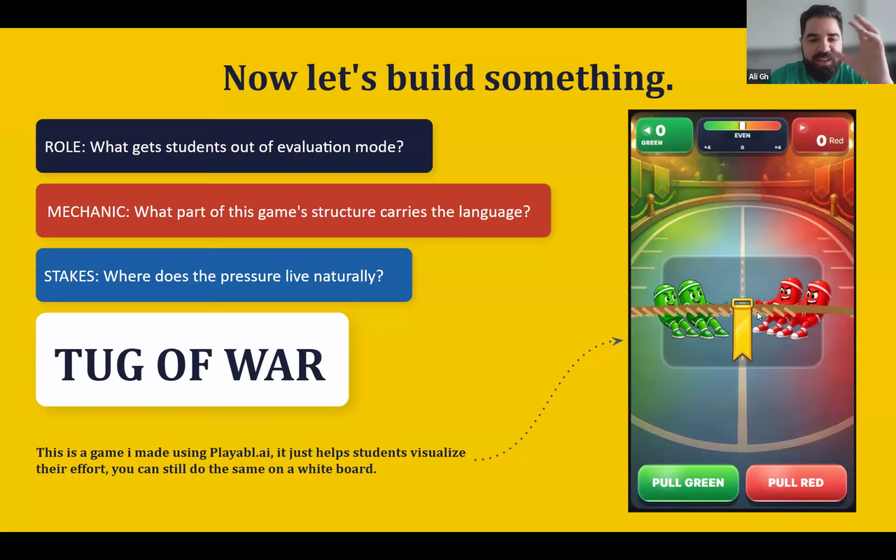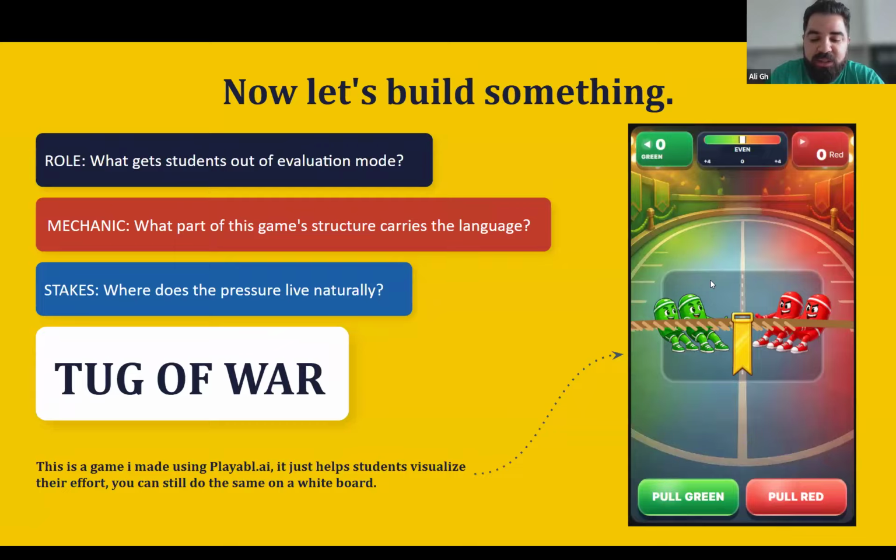So the idea is very simple. It is tug of war in this case. But the idea is very simple. If you want to do the same thing on a whiteboard, here's how it is. Let's say girls, and then one, two, three, four, and then you put, there we go, one, two, three, four, and then boys. Take a look at what I put in the chat. That is literally what you can do on the whiteboard. You do it through ChatGPT. No, it wasn't ChatGPT. Again, the AI name is there.